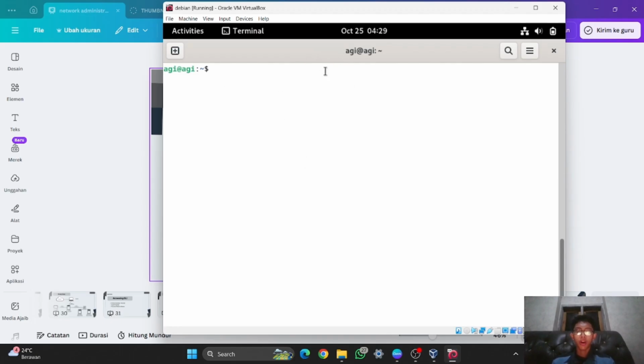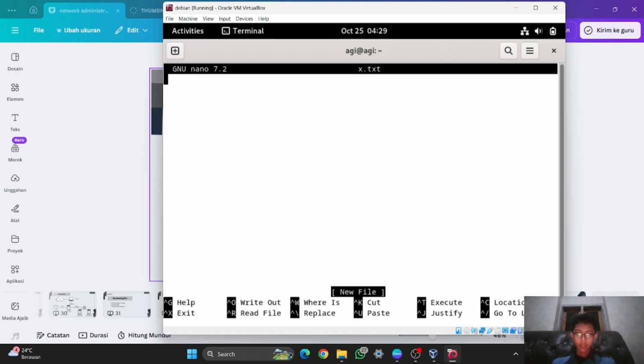So for example, I want to make a file named Nano, and before it was Z, and right now I want to make it X. And enter, and it will automatically create the file, and also automatically open the file. And here you can directly type information.